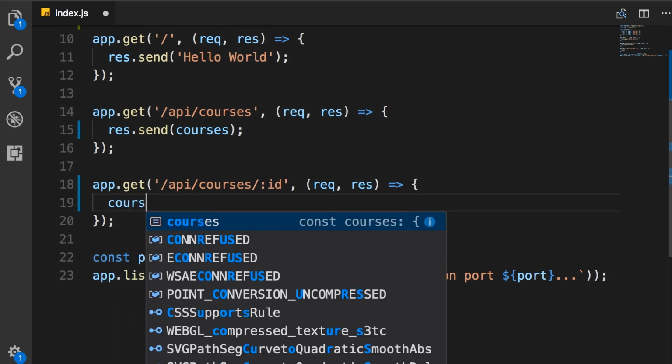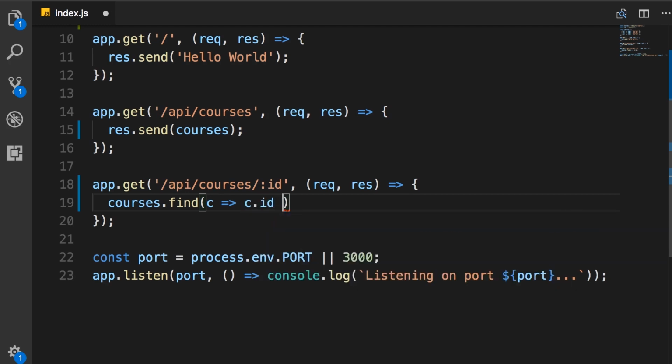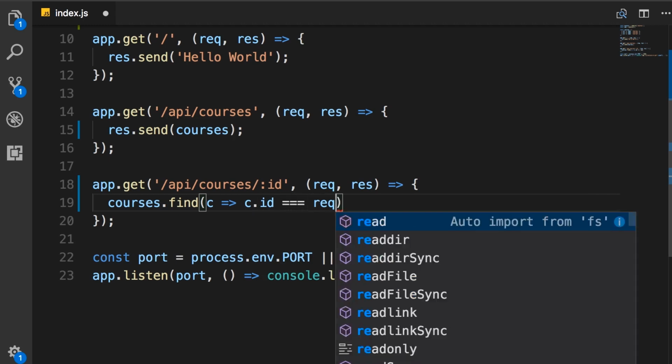We're going to call courses.find. This is a method that is available on every array in JavaScript. As an argument to this method, we need to pass a function. This function will be used to find a course that matches a given criteria. So we use the arrow function syntax, c goes to, and here we write some logic that returns a Boolean value. This Boolean value determines if this course is the one we're looking for or not. So c.id should equal